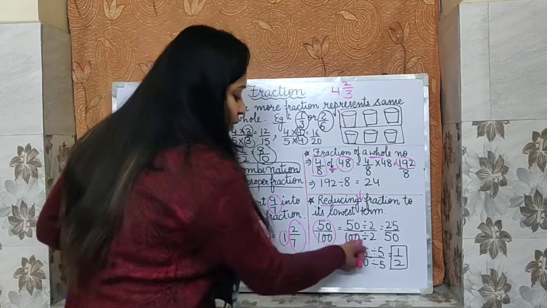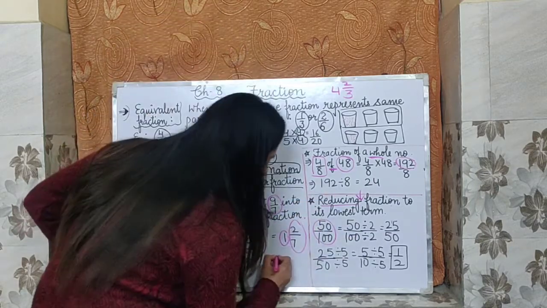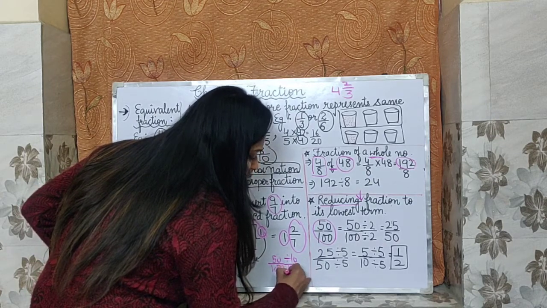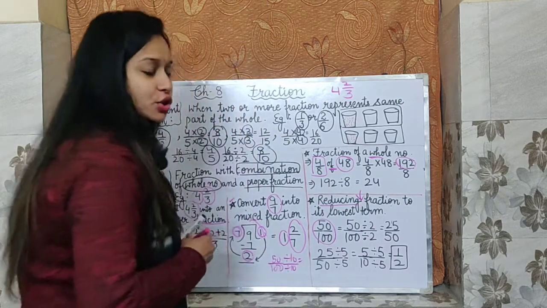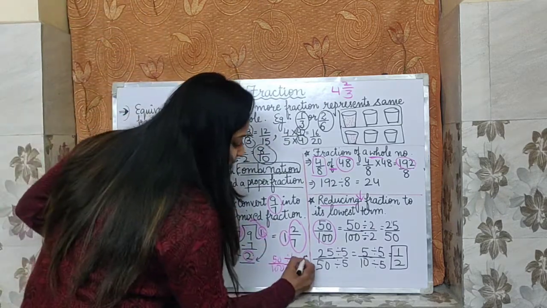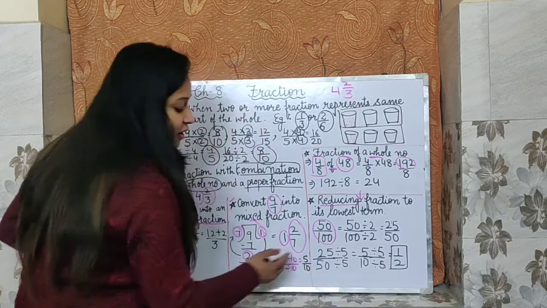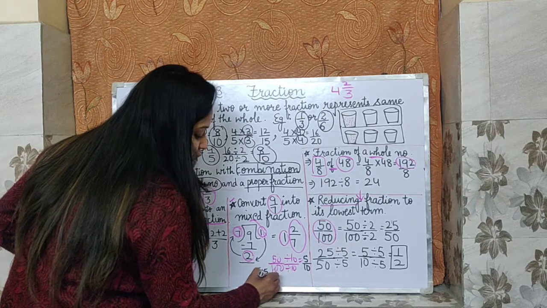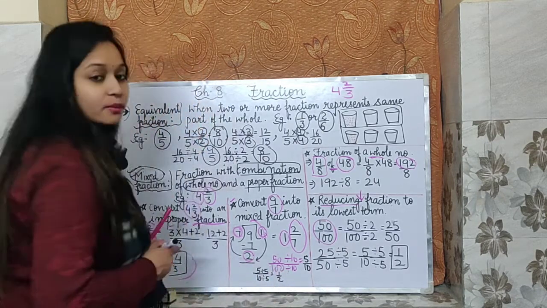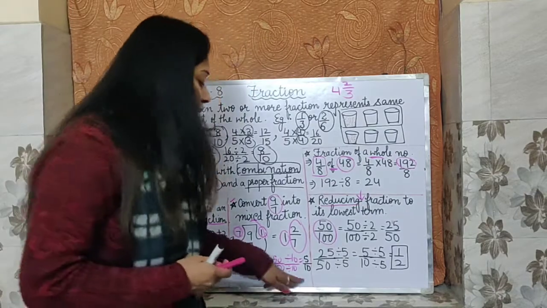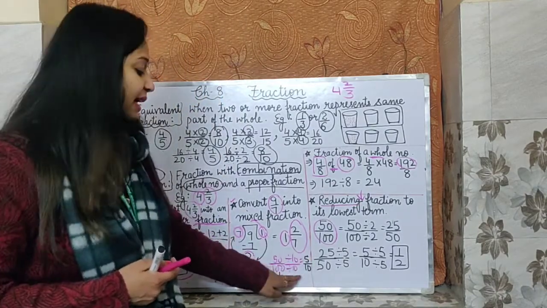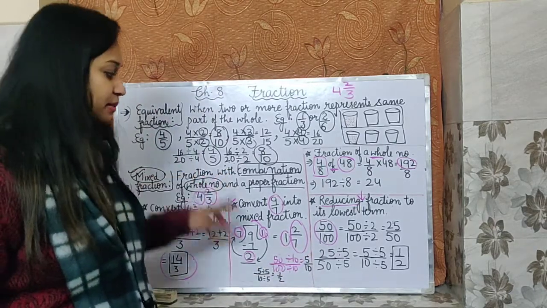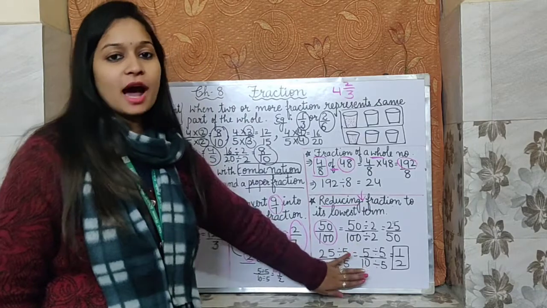Also, don't think that you have to divide always with 2. If you know that 50 by 100 can come directly in table of 10, so you can divide with 10 also, no issues. It is perfectly fine. 10 5s are 50 and 10 10s are 100. 5 by 10, and now 5 by 10 you can directly divide with 5. So in 2 steps your answer can be done, 1 by 2. आपको अगर table पता है then you can divide directly with a bigger number also, right? In equivalent fraction we divide with smaller numbers, but in lowest term we can divide with higher number also.